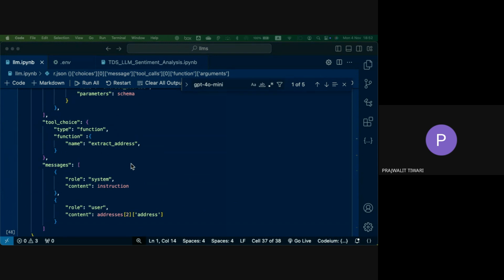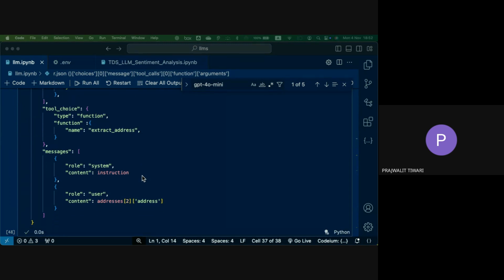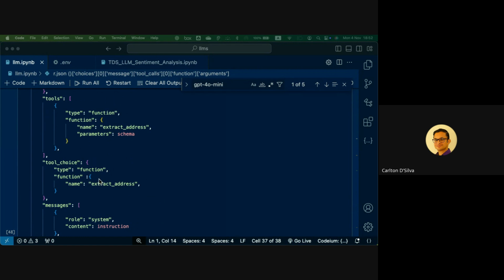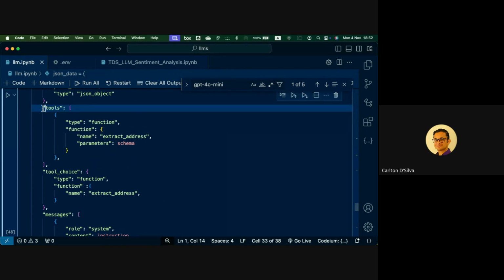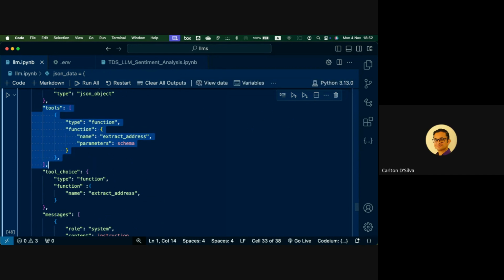I want to know, is that type equal to function, is this a keyword or can we mention anything? Here, tool choice and tools, right? Yeah, so this is required. This is part of the specification that they have given us. But inside that, can we mention a type value not equal to function, something other? The answer is I don't know, because we'd have to look at the OpenAI documentation on that.